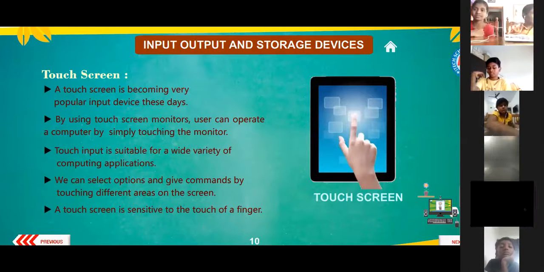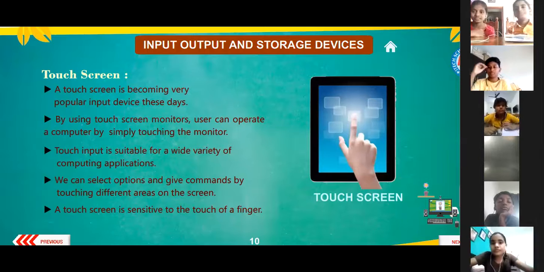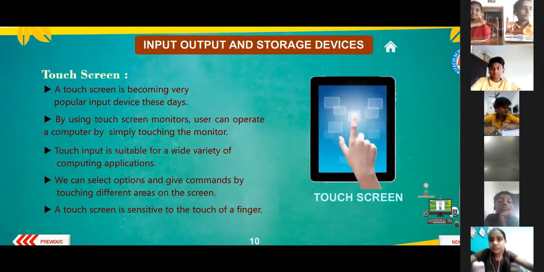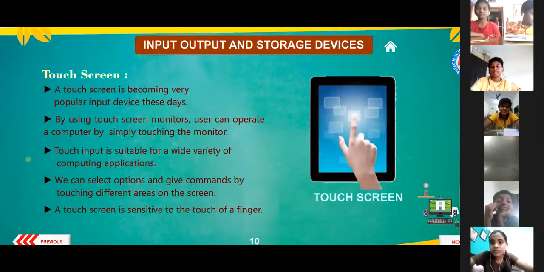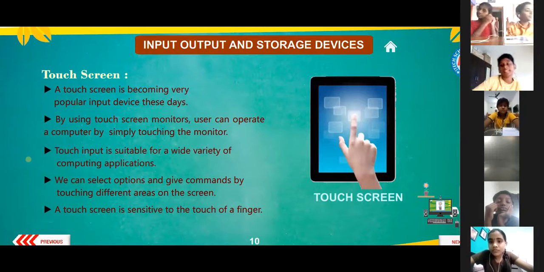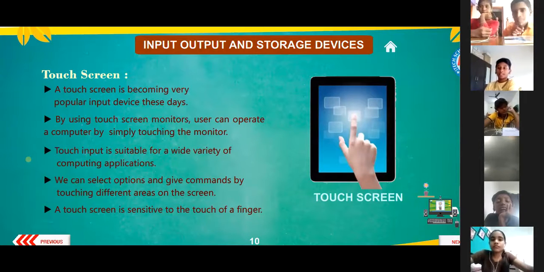Touch screen has become a very popular input device these days. Every mobile has it. Now imagine if I give you old style mobiles, which your parents may have used: only a keypad, like a landline. You just click it and say hi. Those days are gone, right? By using a touch screen, monitors can operate, as with tabs and everything. Touch input is suitable for a wide variety of computing applications. It becomes easier because of the touch screen.